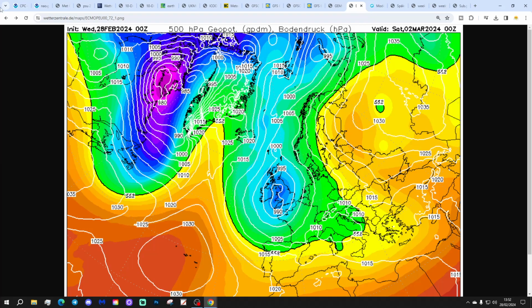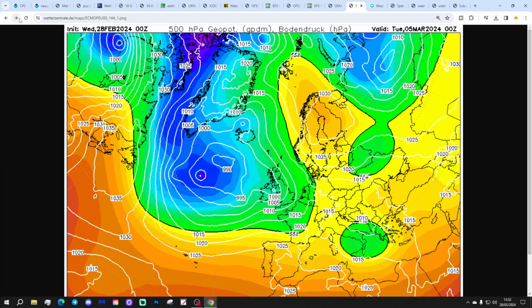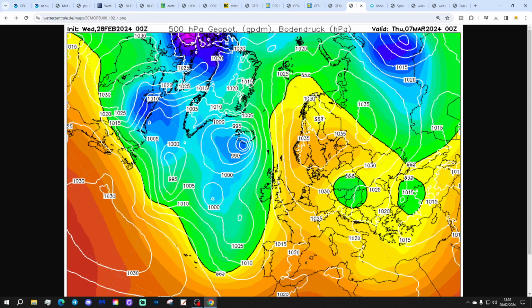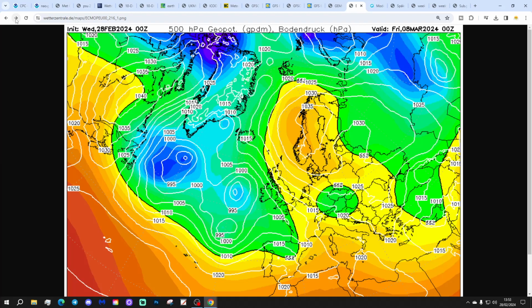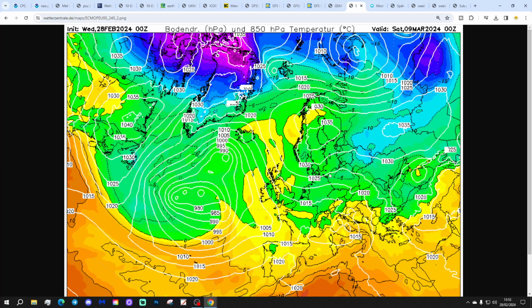And then the ECM looks like that. Again, low pressure over top of the country on Saturday. Carries on Sunday. Then more low pressure through the early part of next week as well. Heights eventually building to our east, but with the low pressure out to the west as well, we carry on, probably from the west anyway, having further bands of rain. And by day 10, though, the high pressure over Scandinavia looks like it's taking over and bringing in the wind from more an easterly direction, with the low pressure, at least for a while, getting forced back into the middle of the Atlantic. Upper air temperatures not particularly cold with those easterlies, but would have a chill to them and would be pretty dank and damp probably.